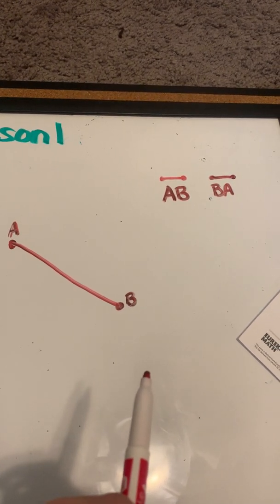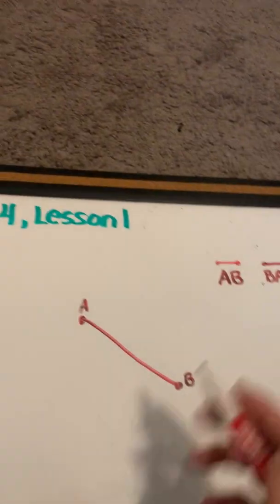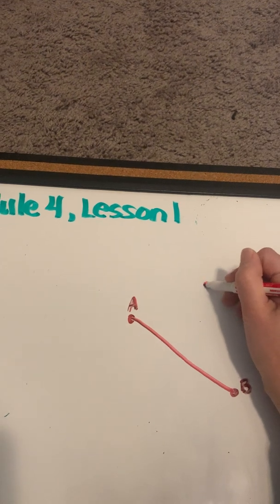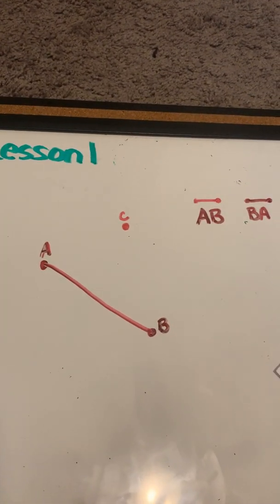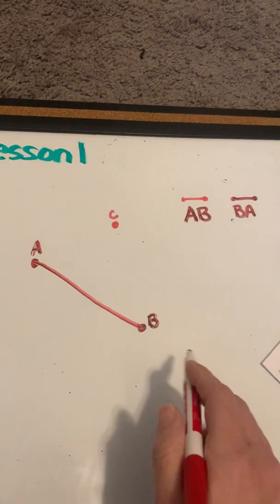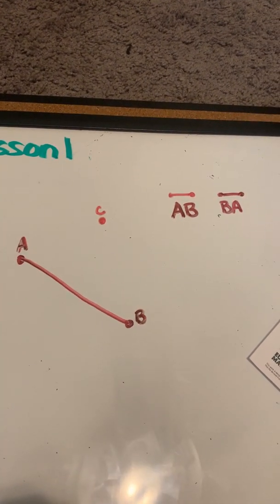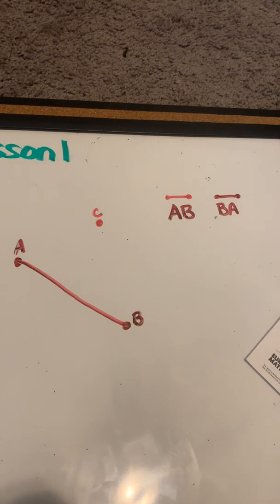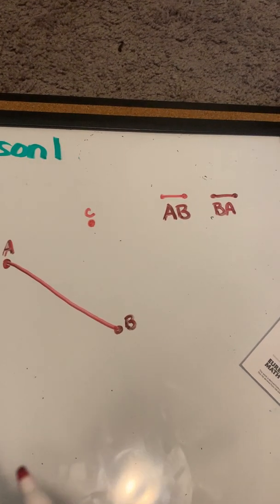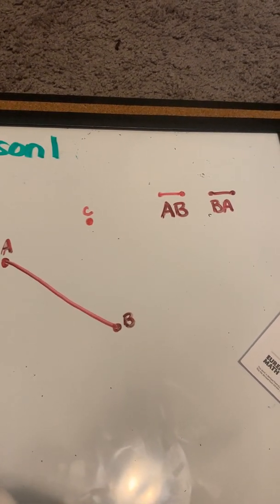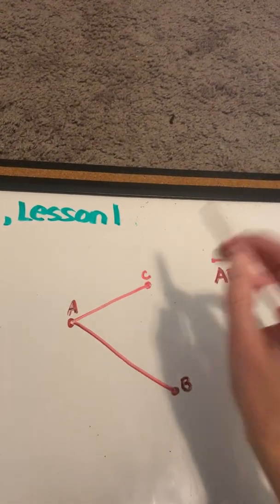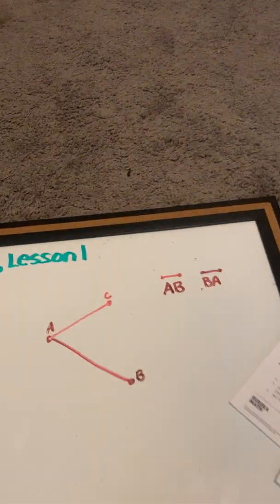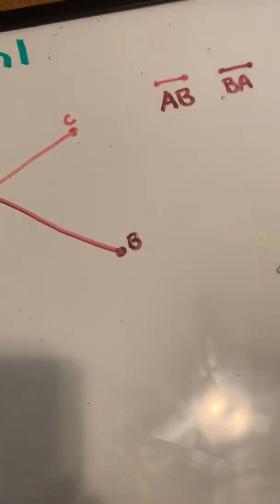So let's draw a point C on our paper somewhere. I'm going to just draw it right here. Label it C. Okay, so we don't want to put it on A or B, but we want to put it across. Let's draw a segment for AC like this. Okay, so I could call that line segment AC right now,